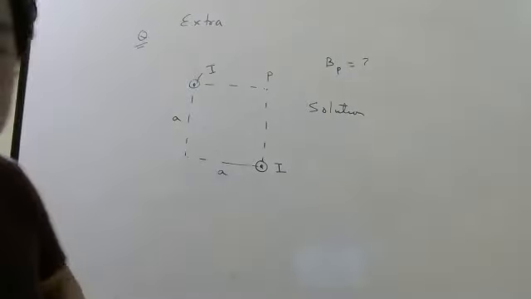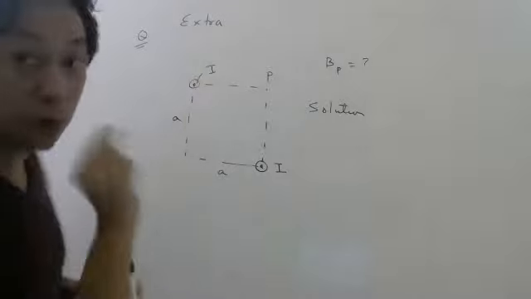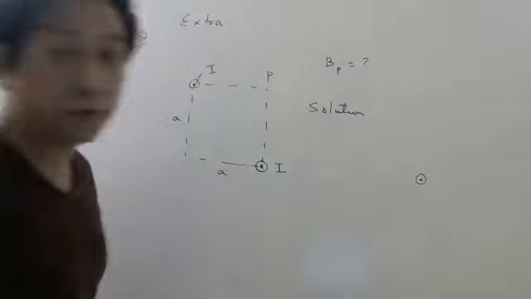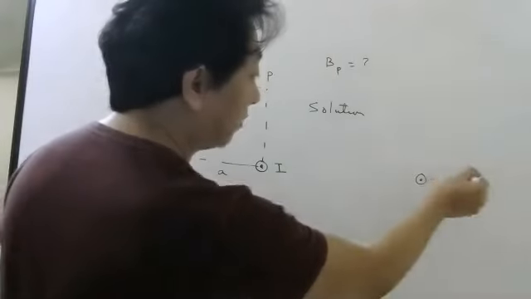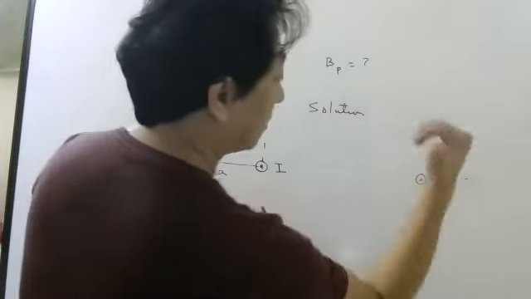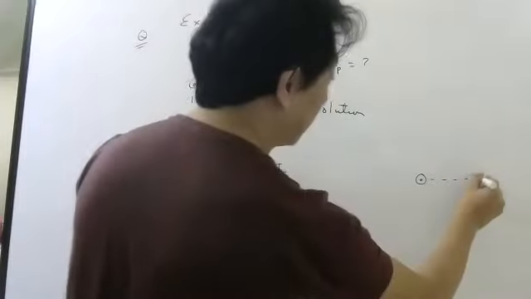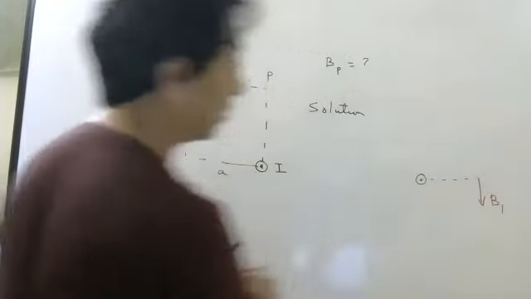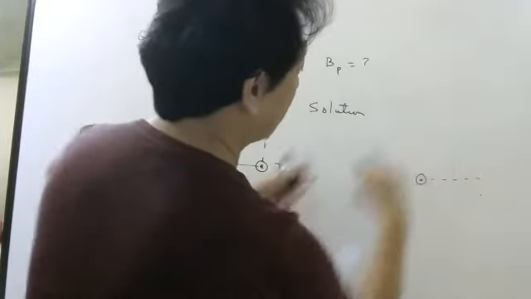First of all, you have to understand a straight wire produces a magnetic field like this. But at a point, you have to draw a tangent. Last time also I have told. If this is your straight wire, and you want the magnetic field here, then first you draw this radius. Why am I calling it the radius? Because magnetic field lines will be like this, no? So you draw the radius, then you draw perpendicular to that radius. That will be your magnetic field due to this at this point. Since the current is outward, it will be like this. So it will be here.